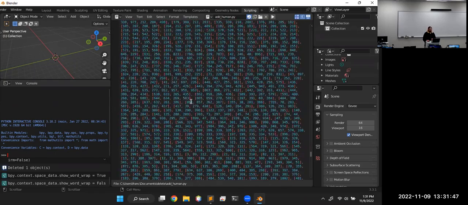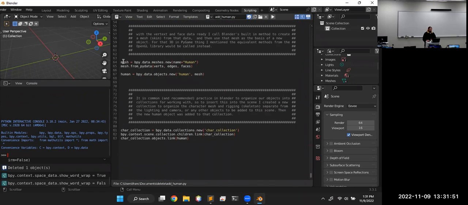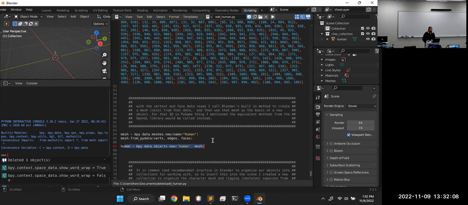Lots and lots and lots of them. And then finally down here, we can put a name on that and then build it up from that data. So that's what's actually happening in the background. And then we can just add it to our scene. So if I run this script, this is what I was going to give you all this one,